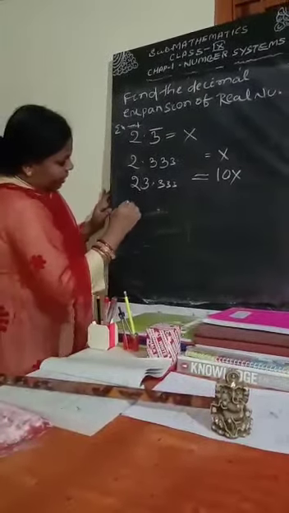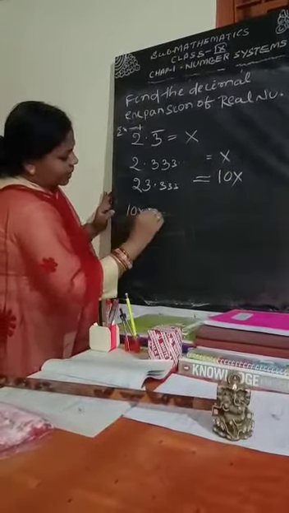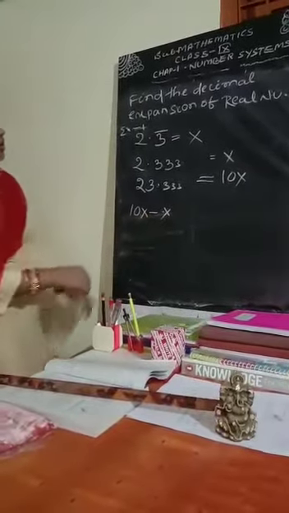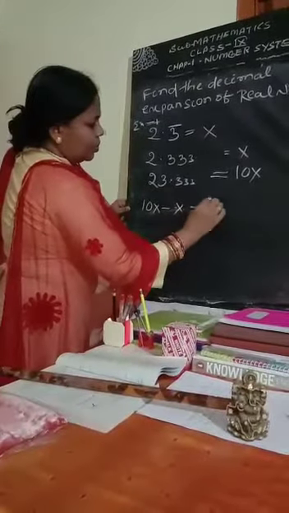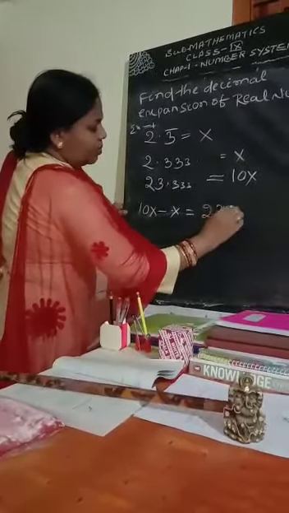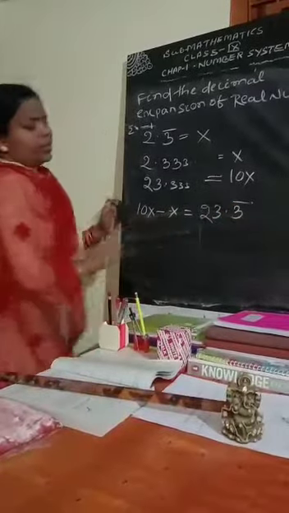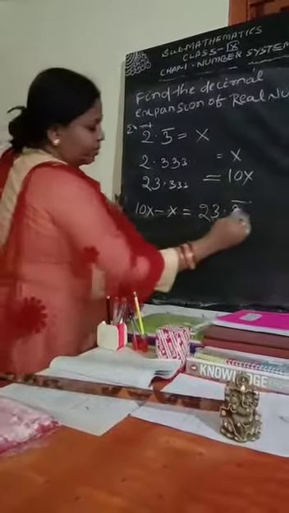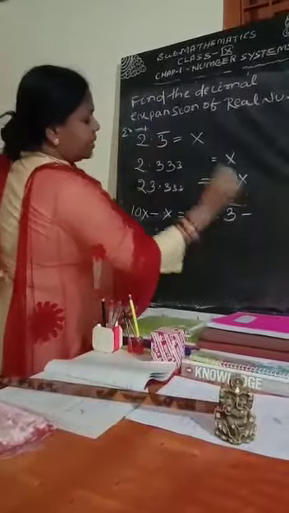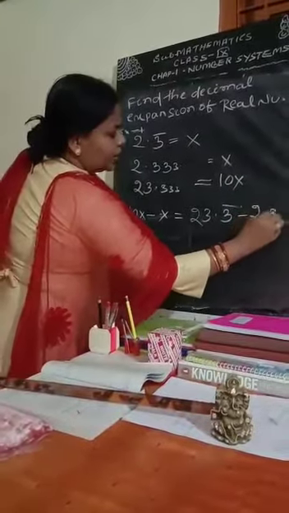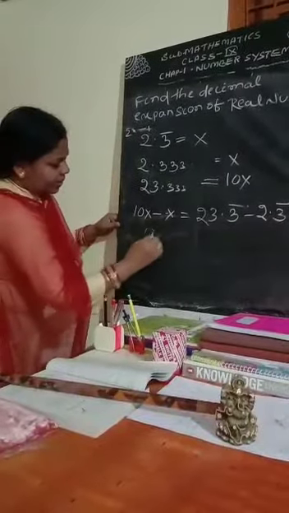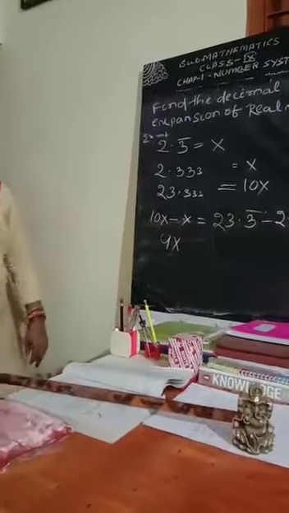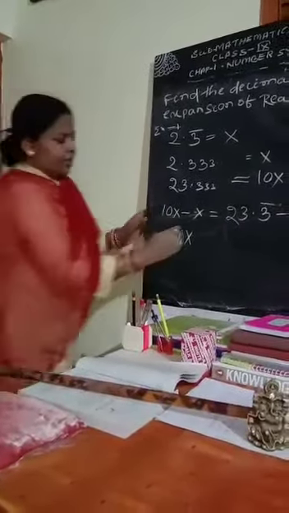So now subtract 10x minus x. 10x minus x equals 23.3 recurring minus 2.3 recurring. 10x minus x is your 9x, and this is